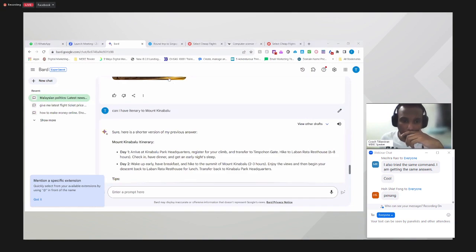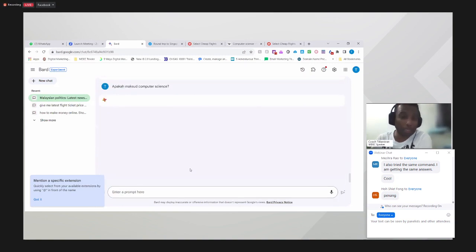Okay, let me answer a few more questions. Can I change the language? Yes, Nazi, you can change the language. Walaupun dia punya base ni kat sini dalam bahasa Inggeris, of course you boleh type dalam bahasa Melayu jugalah ataupun dalam bahasa Malaysia. Contoh, let me type soalan. Apakah maksud computer science? I'm just typing the question in bahasa Malaysia. Okay, kita tengok macam mana dia punya jawapan tu.